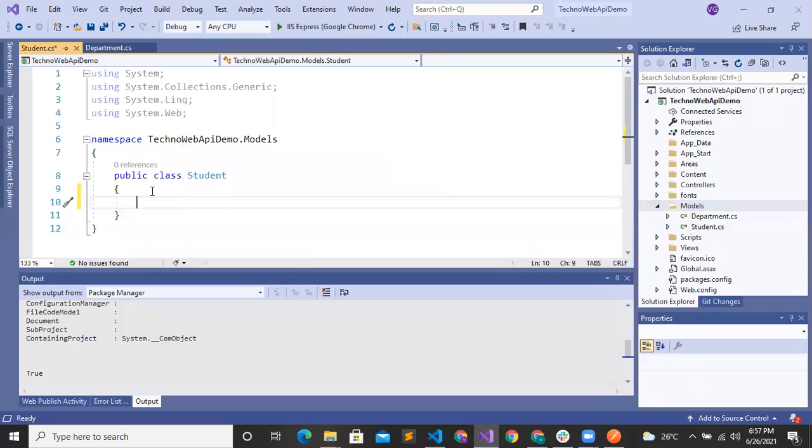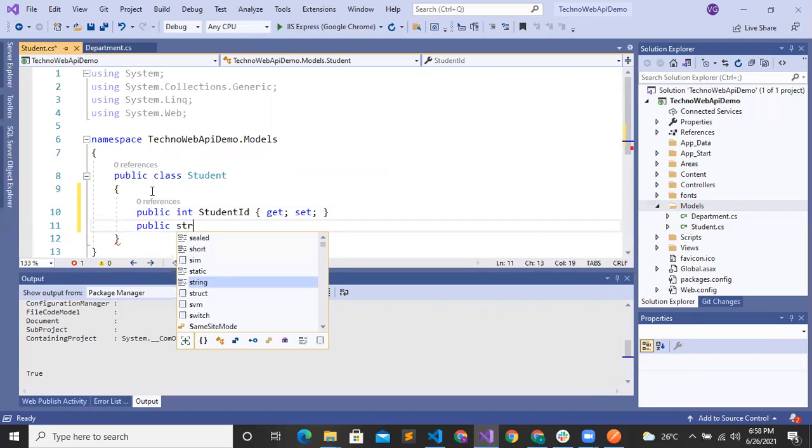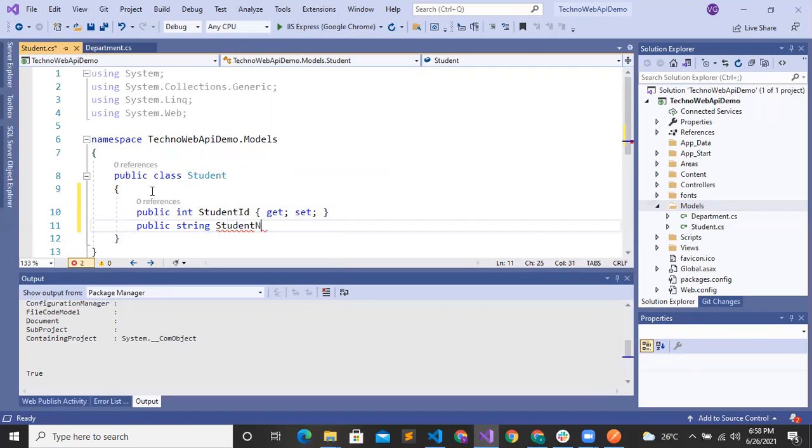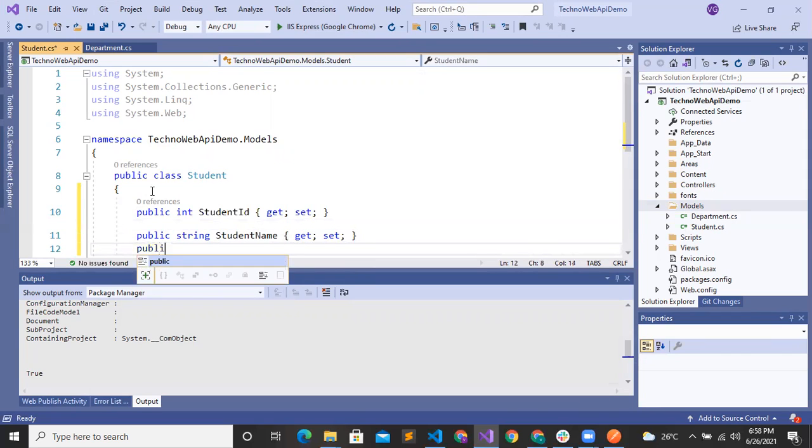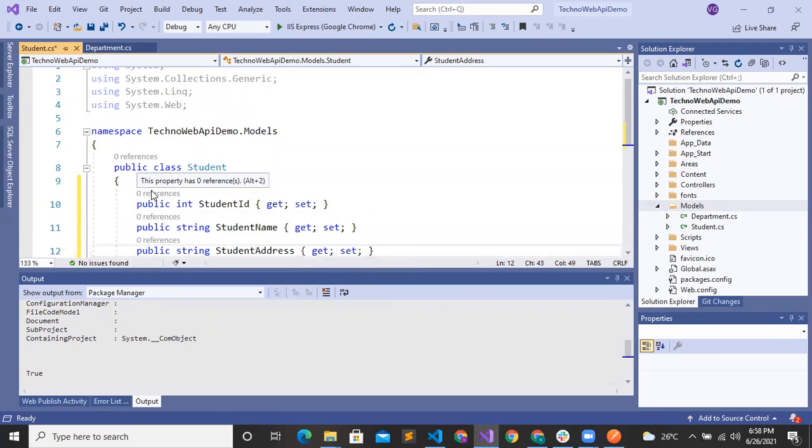We will start with the student ID, then student name, student address.